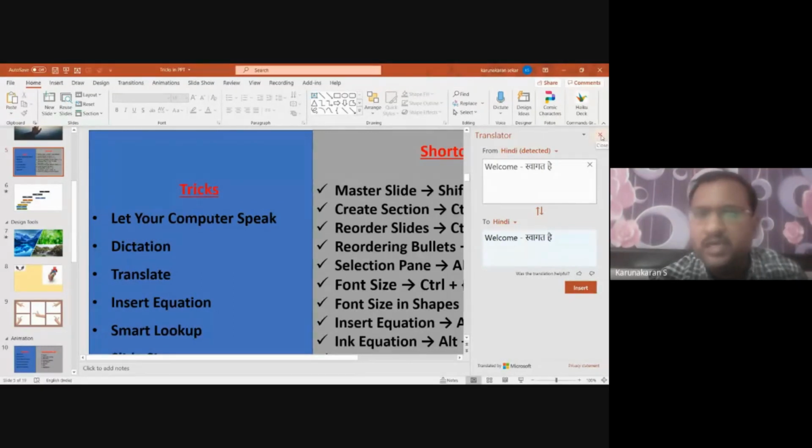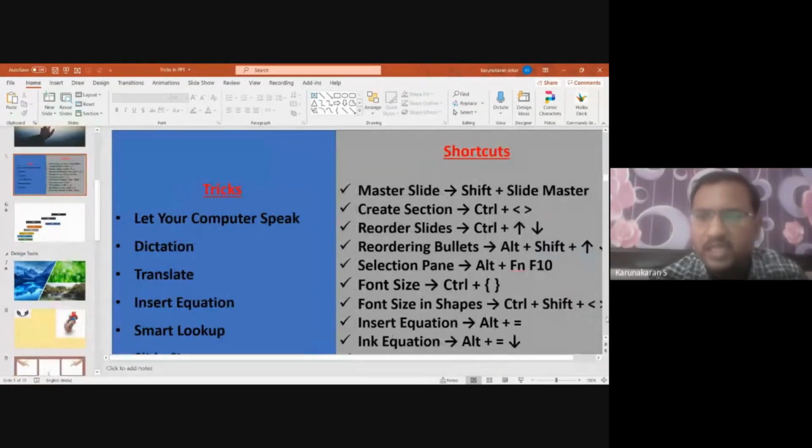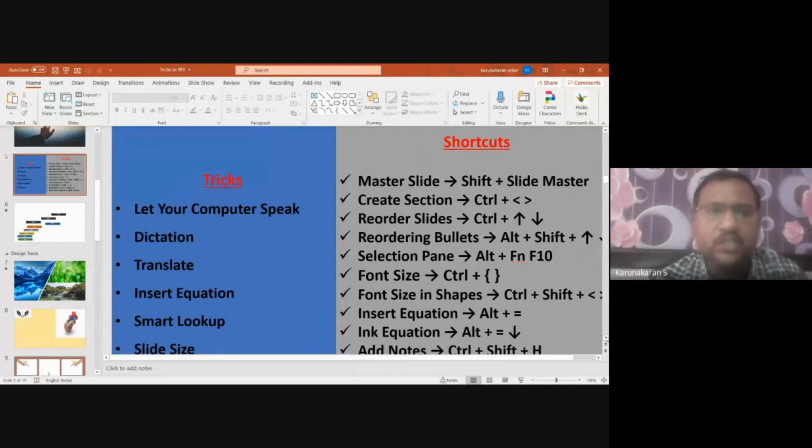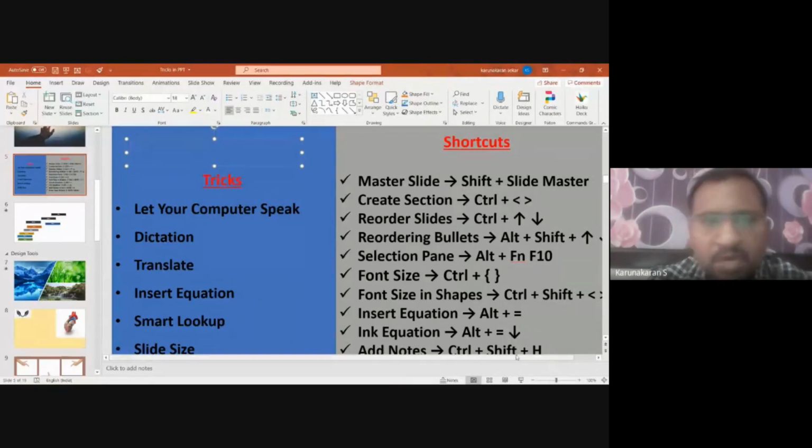translate tool. And similarly, let me show you the other tool available, the insert equation tool. I think, sorry. Let me insert a text box again here. So I'll also tell you it has a shortcut key. On the right hand side, I have mentioned all the shortcut keys. Let me go to that later. But this insert equation has a shortcut key called Alt plus equal to. So when you click on Alt and equal to,